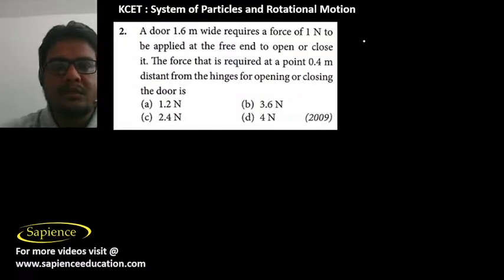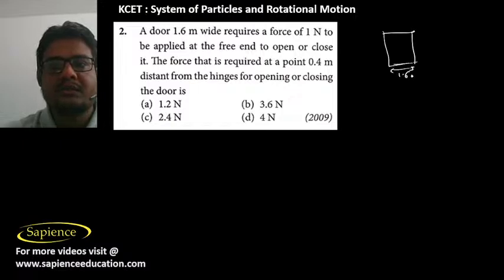Then it is told a door which is 1.6 meter wide requires a force of 1 Newton to be applied at the free end to open or close it. So it is being hinged at one end. The force that is required at a point 0.4 meter distant from the hinges for opening or closing the door is,